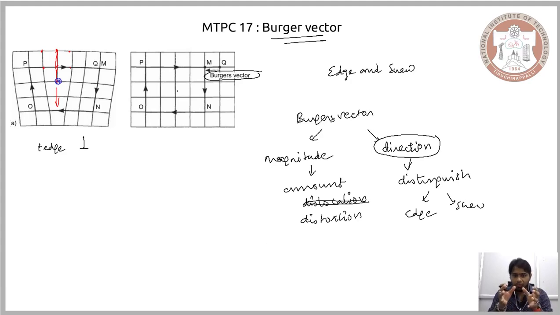Now, with this description of the Burgers vector, there are a few components that are missing. So, we will try to talk about those components in this lecture. These will give a good introduction to what a Burgers circuit is and what a Burgers vector is. However, this understanding is rather restricted, and there are certain questions it cannot answer. Those questions we will try to answer in this lecture.